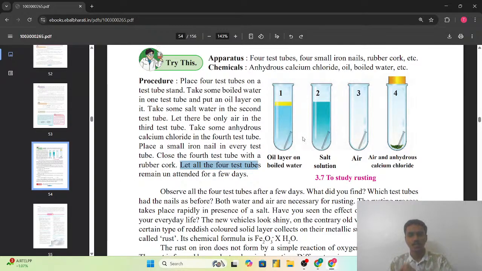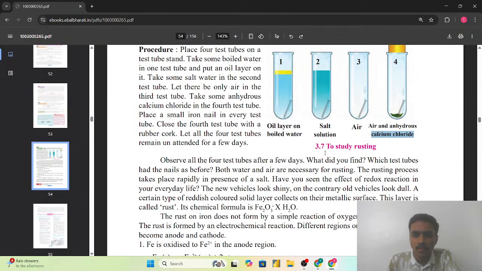मतलब सिंपल एक्टिविटी है कि चार टेस्ट ट्यूब यहाँ पर लिए गए। पहले में ऑयल लेयर ऑन बॉइल्ड वाटर, मतलब एक टेस्ट ट्यूब में बॉइल्ड वाटर लेना है और उसके ऊपर ऑयल डालना है, ऑयल की लेयर। और सेकंड इसमें सॉल्ट का सॉल्यूशन लेना है। थर्ड इसमें कुछ नहीं, सिर्फ एयर, और फोर्थ में एनहाइड्रस कैल्शियम क्लोराइड। बराबर। दिस इज द सिंपल एक्टिविटी। तो उस सब में हमें एक आयरन नेल डालना है।